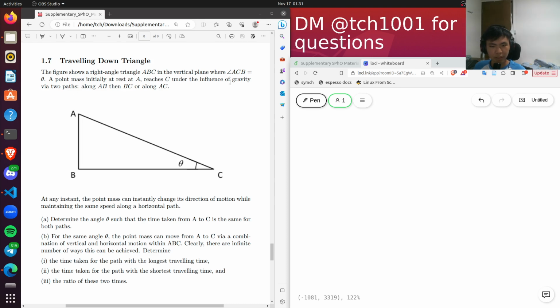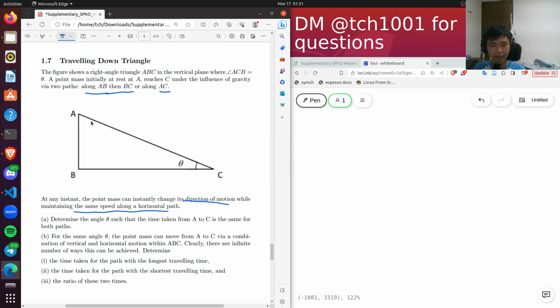Okay, hi everyone, we're here with a question. We have a point mass that is traveling down this triangle and it can go down in two ways. One is along AB plus BC, right? Another one is along AC directly, sliding down the ramp. So we're given that the point mass instantly changes its direction of motion while maintaining the same speed along the